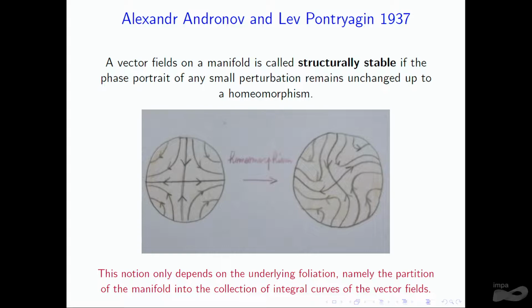So I think there are two things, but really to think of these objects as geometric objects is a very important idea that comes, I think, back to these two Russian mathematicians. And what Peixoto proved is that, in fact, the Morse-Smale vector fields are exactly the structurally stable vector fields on a surface. So this is a very important theorem. And so, in particular, a generic vector field on a surface is structurally stable.